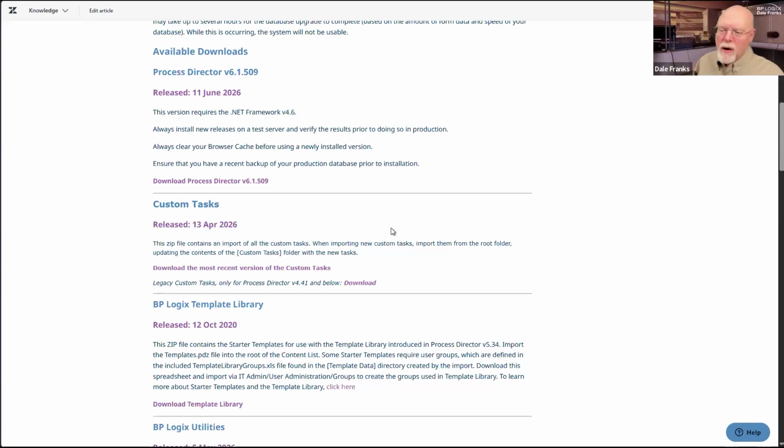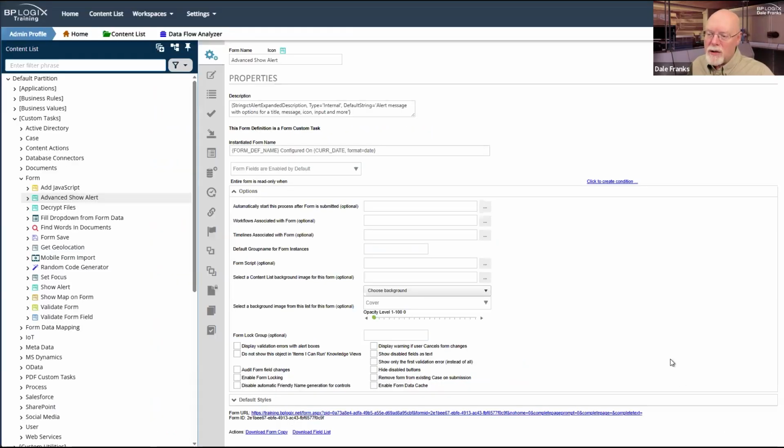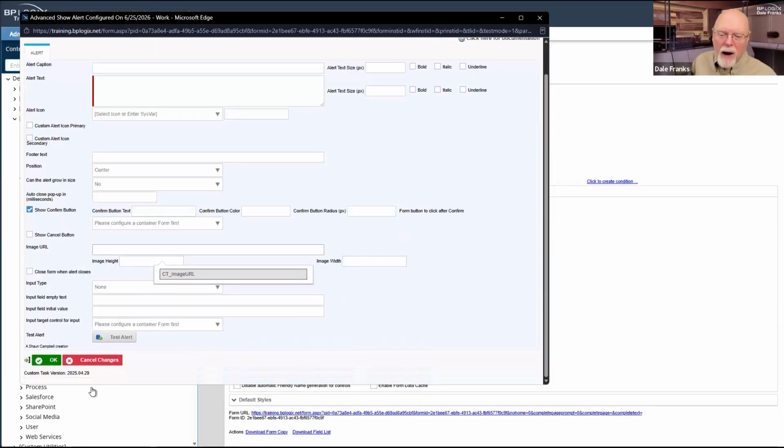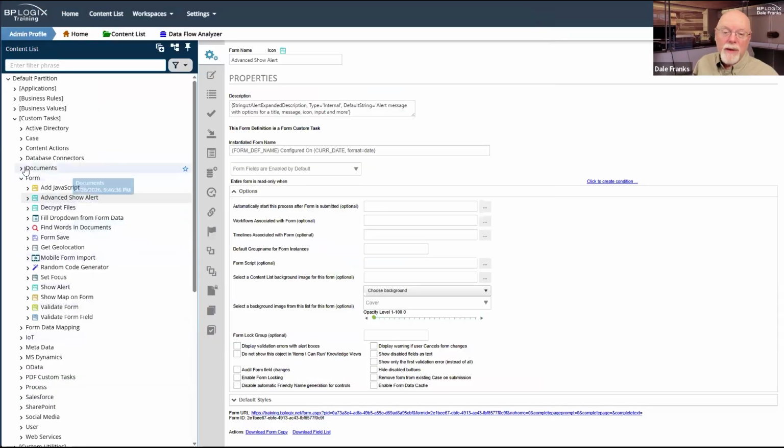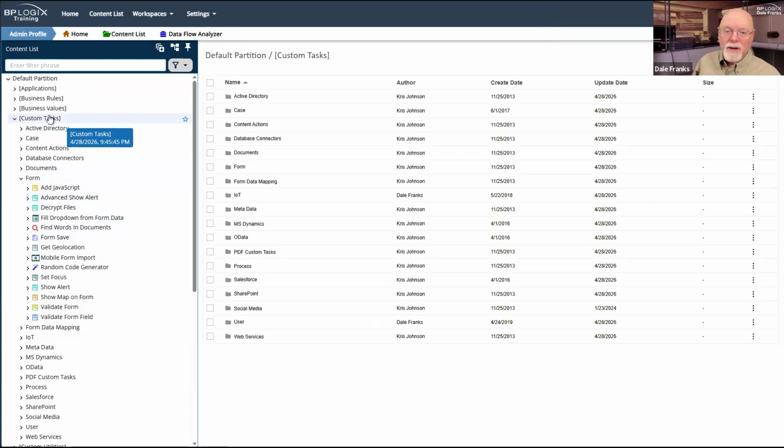One of the primary things that you should do, in fact, whenever you have a problem with a custom task, the very first thing you should do is go into that custom task and hit that preview custom config and figure out how old is that custom task. The other thing that you can do that's often helpful, that will just let you know right away when was the last time you updated the custom task, is just to go to the custom task folder and look at the update date column that you see here. That tells you basically the last time the custom task was updated.